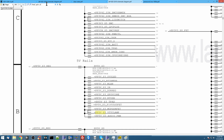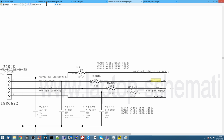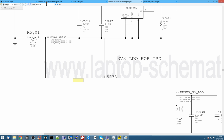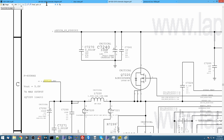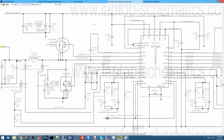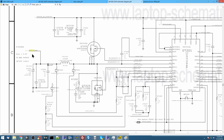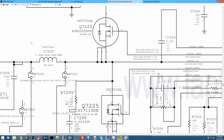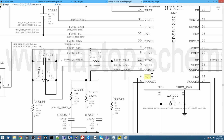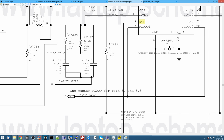PP5VS3. So let's see, where do you come from? Here we go. This is a buck converter. Now, I've been over this so many times before. PP5VS3 comes out at the end. And if you don't know what a buck converter is, you should read my earlier posts on what a buck converter is. So we're going to go over here and see that EN1 is on this side. Enable, that's going to turn it on. So we go over to EN1, and we see that it's...